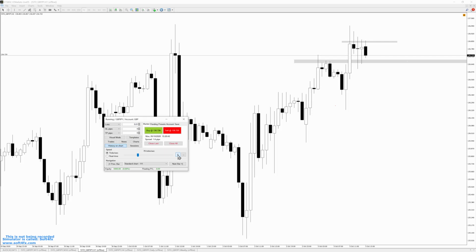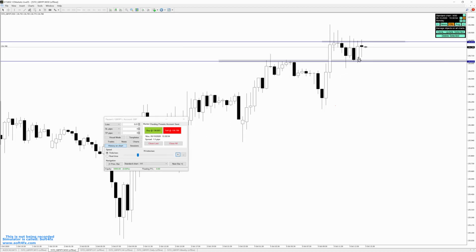Oh, wow, look at that. See that? We're coming down. But also look at the time, right? The time is very important. If you look at the time, the first half of this 1 hour candle is about to close. There we go. The first half of the 1 hour candle has closed, which means the 30-minute candle has closed